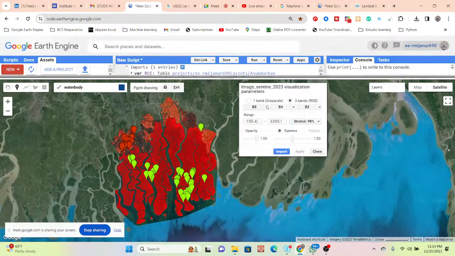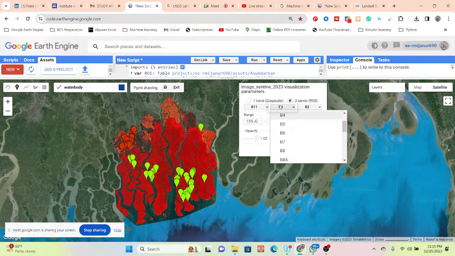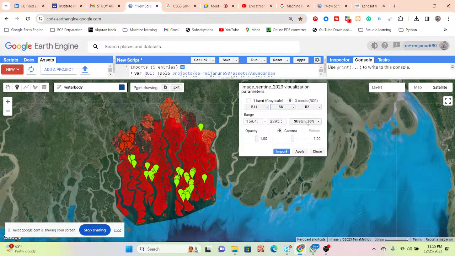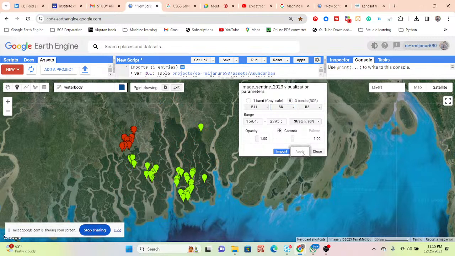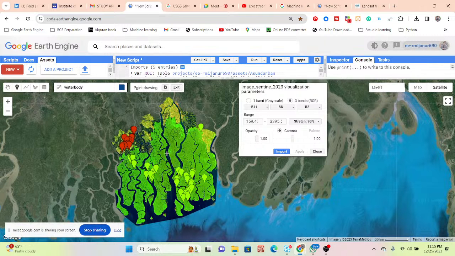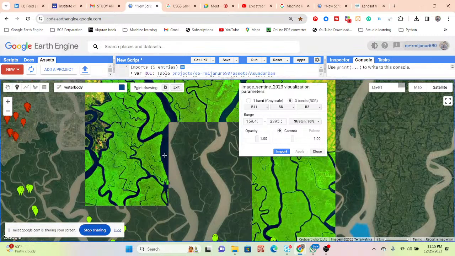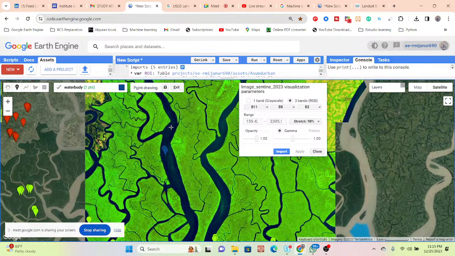For the water body, you can just use this combination: shortwave infrared, then near infrared and blue. Apply. So now the water body looks like a black dark color. This type of color identifies the water body. Just simply take this training sample from here, water body.